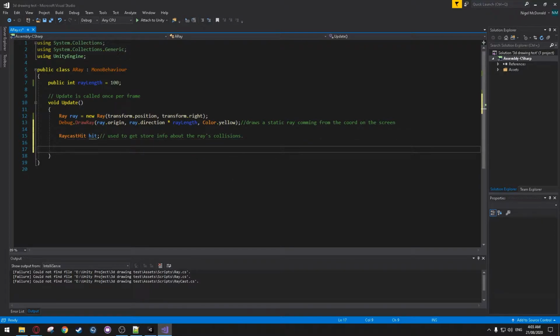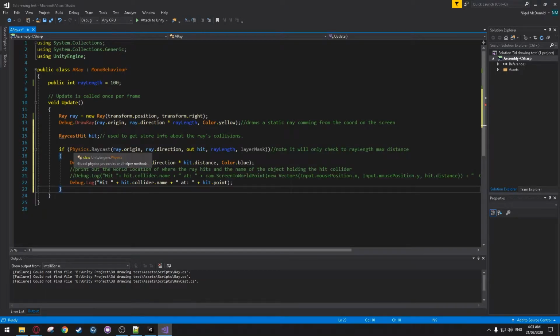So the next thing we're going to need is to utilize the Physics.Raycast function, and that is a Boolean function that returns true under certain conditions. So I'm going to paste in that here. So let's go over this. So I've got an if statement, and I've got Physics.Raycast, and Physics.Raycast has quite a few overloads, but we'll go with the basic here. You can see it takes in again the origin and the direction, and it takes in the distance and then